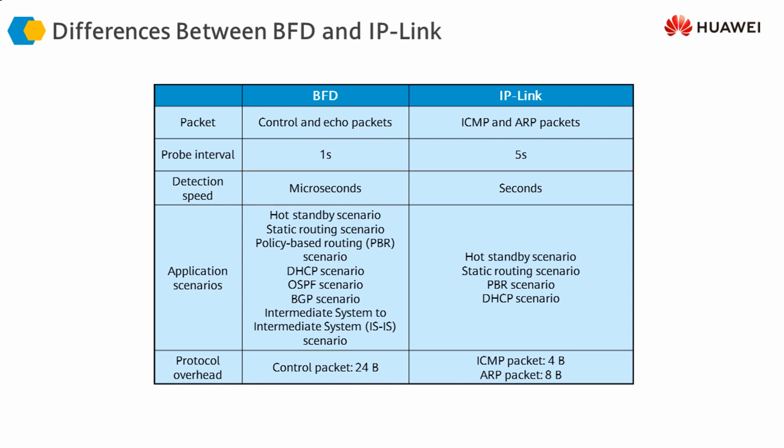However, a minor difference is that the control packets of BFD are larger in size as compared to the IP-Link packets. However, 24 bytes or 4 or 8 bytes, these are still fairly small overheads that we have on our network. So in any scenario, in any particular case, BFD generally should be the first choice. So this is the basic difference between BFD and IP-Link, and I hope you understand the basic concepts, the configuration and deployment scenarios for BFD.